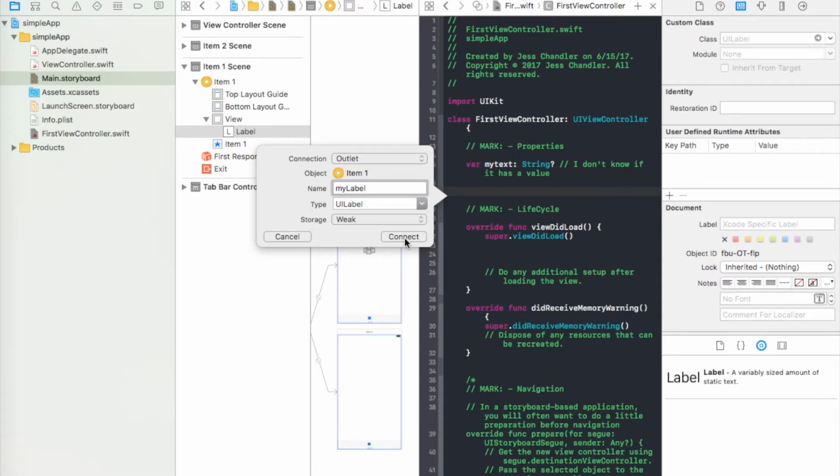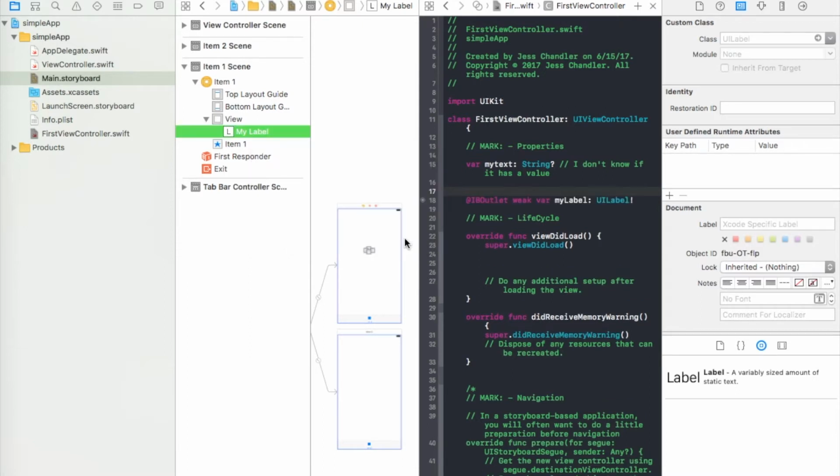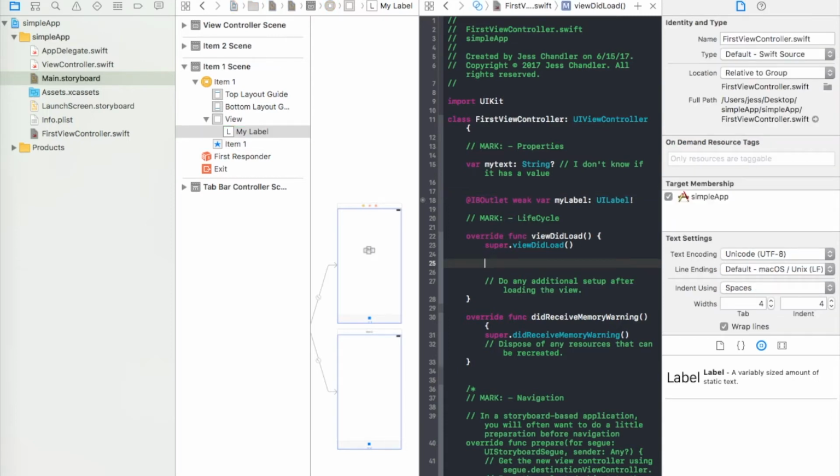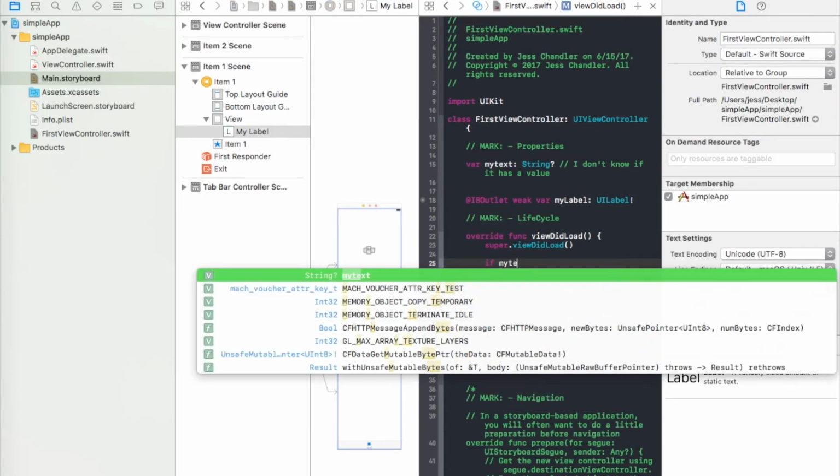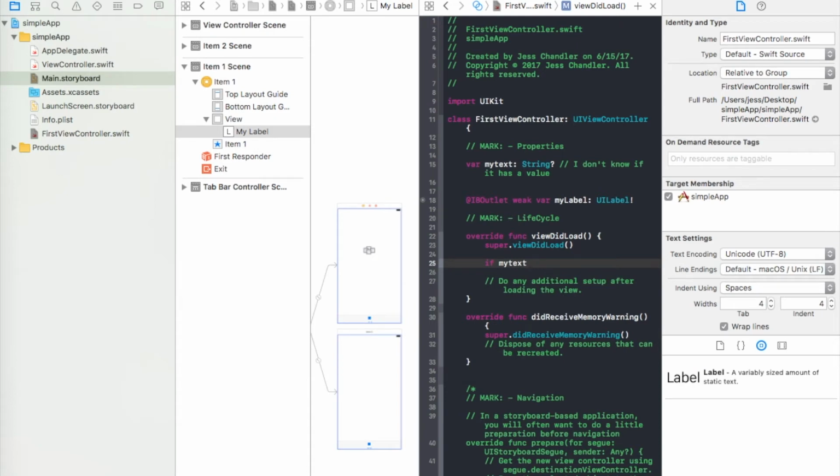and I click connect. And what it does is it takes the name that I gave it and it puts that into my storyboard. That's very helpful, and it also has it here. So now I could, assuming that there's some value in my text, so if my text not equal to nil,